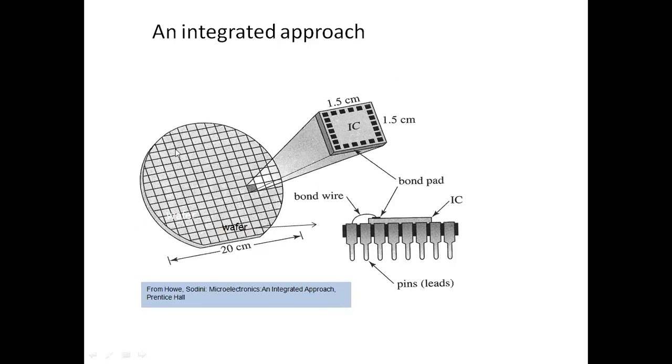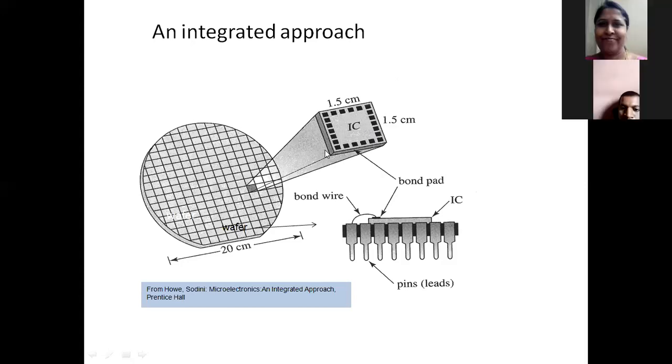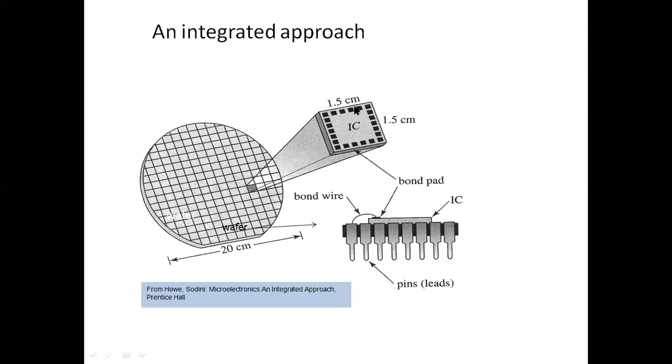So here we see the figure of wafer. A wafer is the starting layer which can be used to develop the integrated circuits. So in each wafer there are multiple square portions which gives rise to one particular chip, as you see here. So the size of one chip can be different. That is, in this case, what I am showing, it is 1.5 centimeters by 1.5 centimeters, and the diameter of the wafer is 20 centimeter. This is made of silicon,